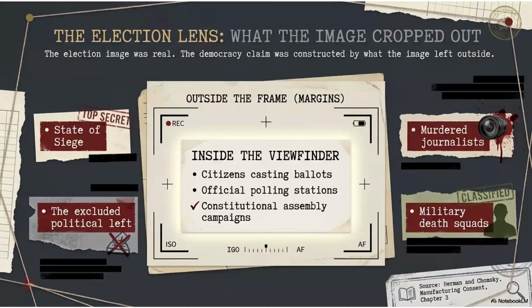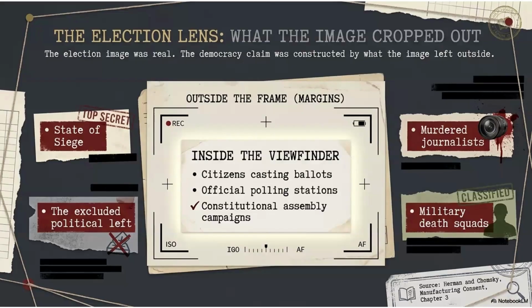When we see a ballot box, we automatically think of democracy. This is one of the most powerful political symbols in the modern world. A person votes, their vote is counted, and the people choose their government. But a ballot box does not exist in empty space. It exists in a political environment. So the basic question is not simply, did people vote? The question is, could people speak safely before they voted?